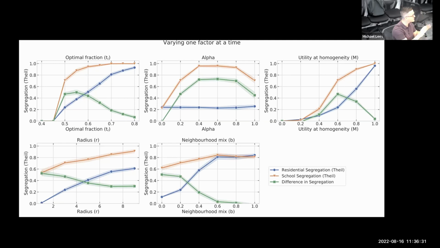If you had no preference whatsoever, you get zero segregation in the neighborhood and in the school. If you were completely intolerant and you wanted a completely segregated neighborhood, you would not get any increase in the school segregation because you're already fully segregated. If you think back to that picture of Detroit, which is completely segregated residentially, there are going to be no schools that have a mix because the whole neighborhood is completely dominated.